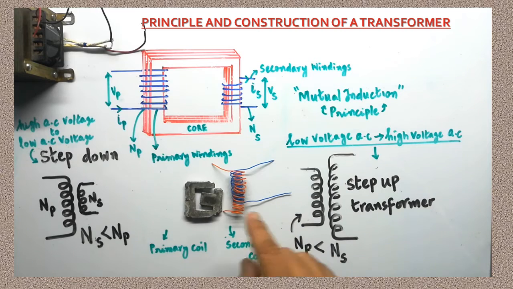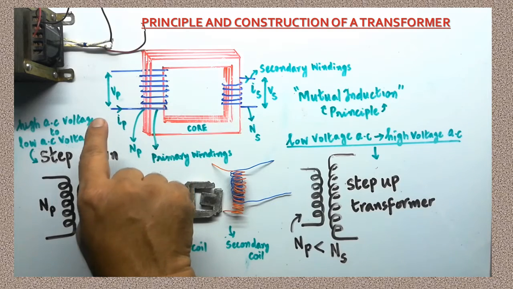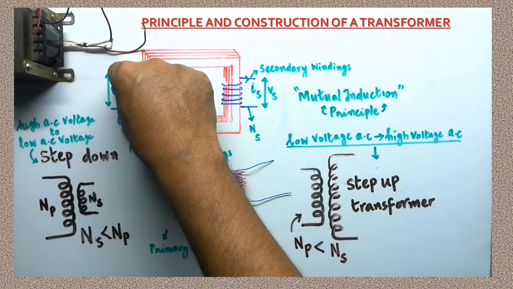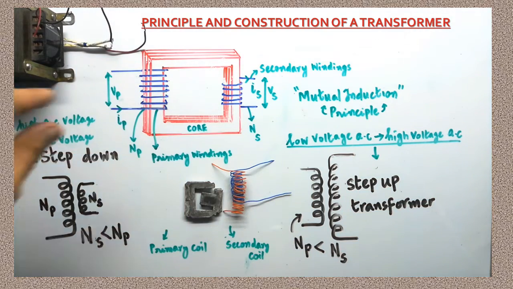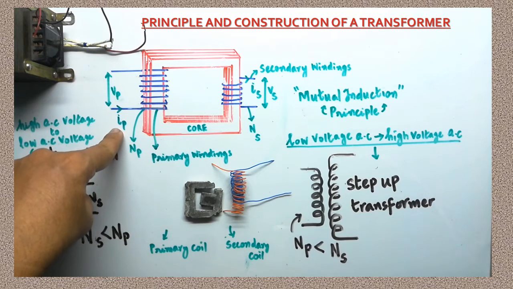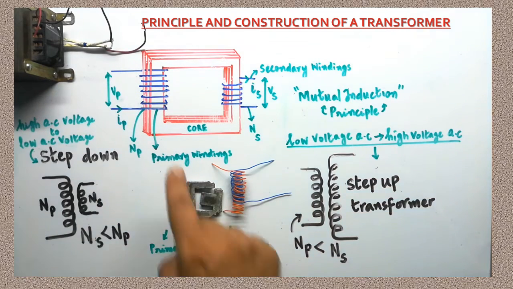Are you clear? Here, when alternating voltage or current is supplied across the two ends of the primary coil, AC current or AC voltage is a varying one. When AC current is a varying one, the nature of the current should be taken as varying. So the current passing through the primary will always be changing with respect to time. When current changes in the primary coil in the form of AC, that is alternating current, what will happen here?